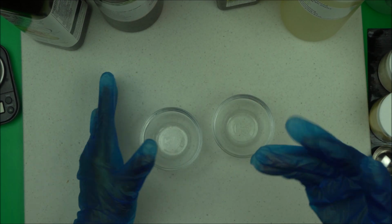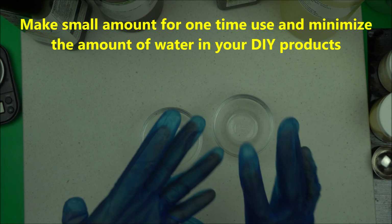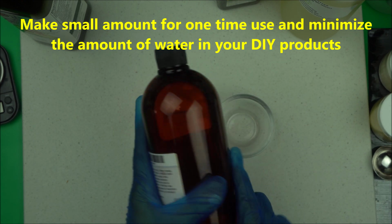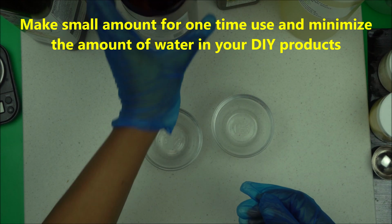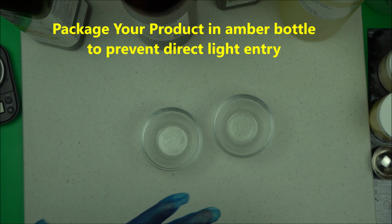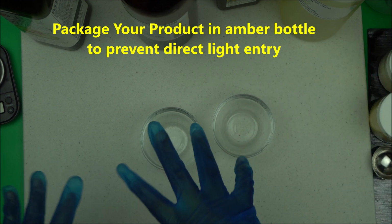Okay, so make sure you minimize the amount of water, or don't use water at all. Make sure you package it in an amber bottle if possible. You can find a lot of amber bottle at pureblendnaturals.com. You can use amber bottle to package your product to prevent light entry. Okay, then you can make sure you cover it in a sealed container properly to prevent air from coming in,